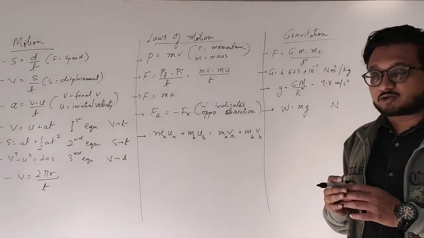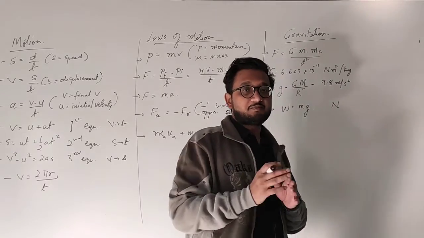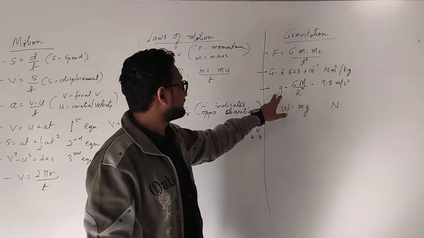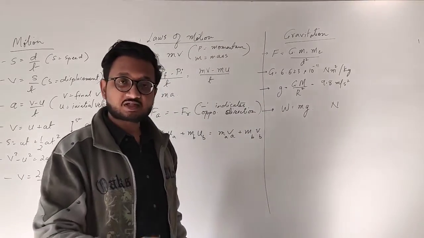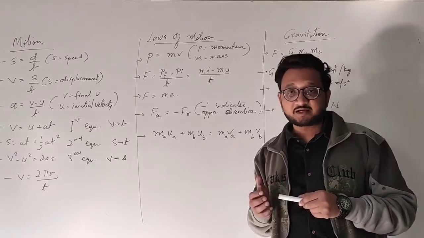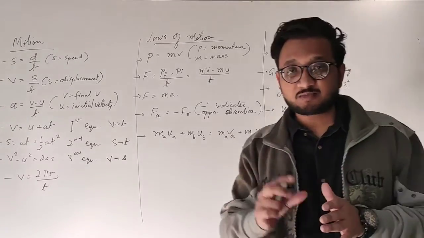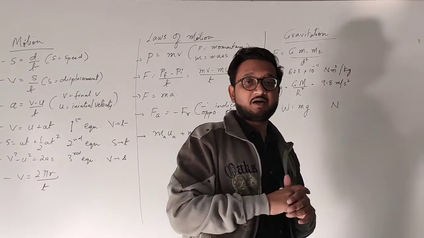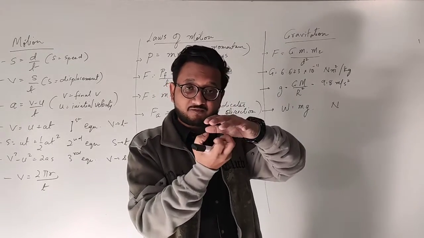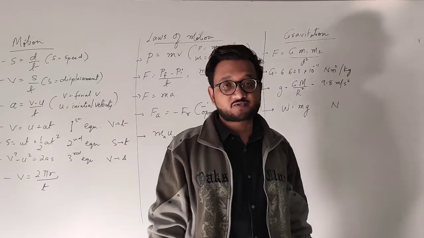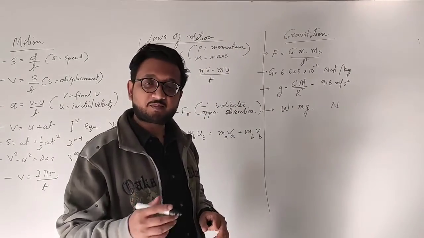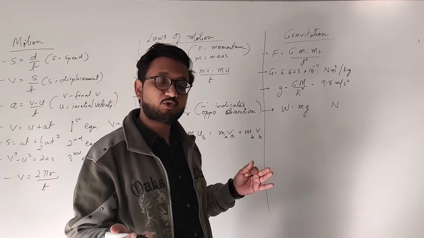Now obviously when we are going on the surface of the moon, the mass of the moon is different and radius of the moon is different, and therefore the value of acceleration on the surface of moon is different, and so the person on the moon feels lighter. Why? Because the radius and mass of the moon is much less compared to the Earth, and so the person is able to jump a larger distance, and the gravitational force with which the moon pulls is very less, and therefore the weight of a person or an object on the surface of moon is different.